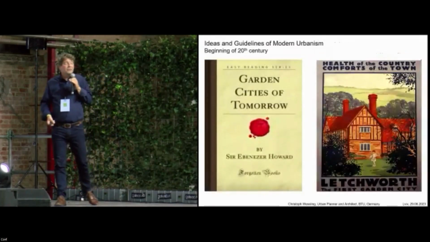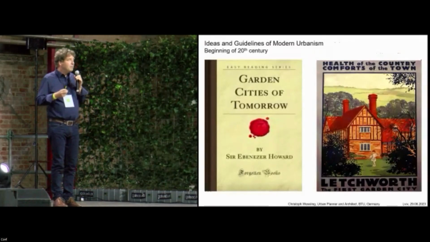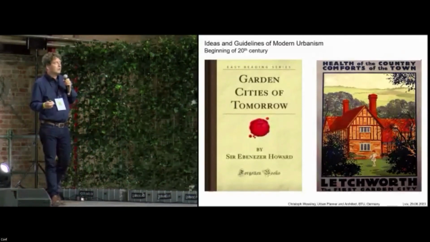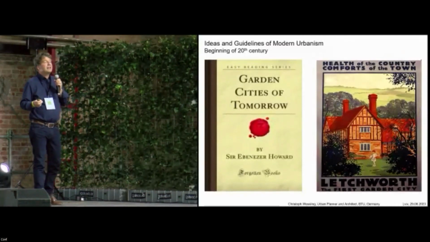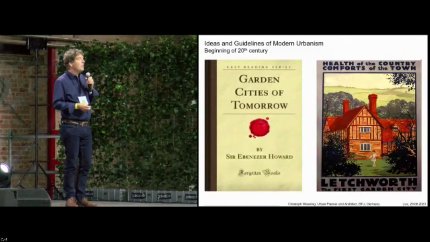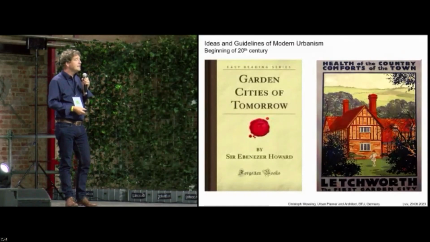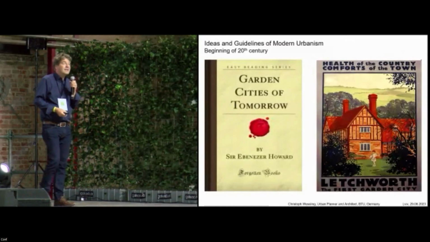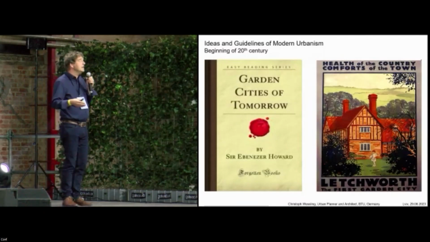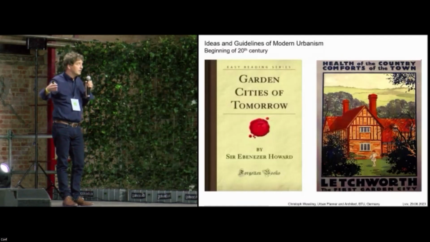At the beginning of the 20th century, from my perspective, there were two most important volumes or theoretic approaches which had the strongest impact on urban development during the last century. On the one hand side, Ebenezer Howard and his idea of a garden city. This was the initial for this longing of the people to live in individual one-family houses with their own garden. And we had a lot of developments following this idea, living outside the city in a garden.